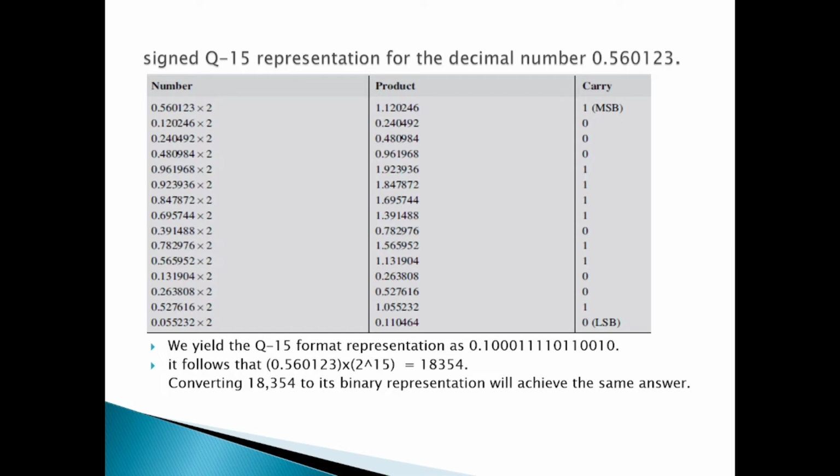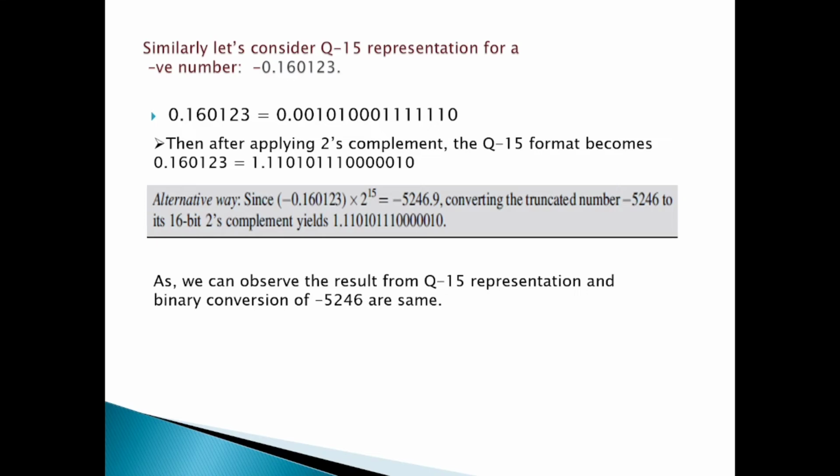If we convert 18354 to its binary form, we get the same result as above, that is 0.1000111110010. Similarly, let's consider Q15 representation for a negative number. Consider minus 0.160123. First, let us consider its magnitude 0.160123 can be represented in Q15 format as